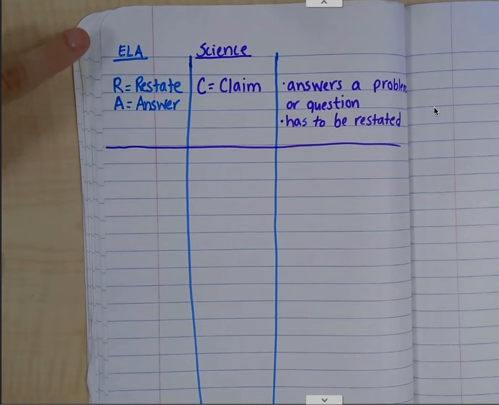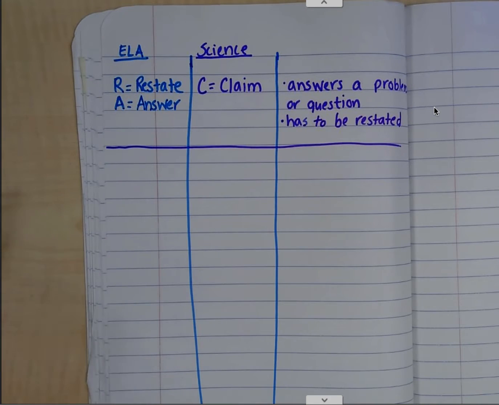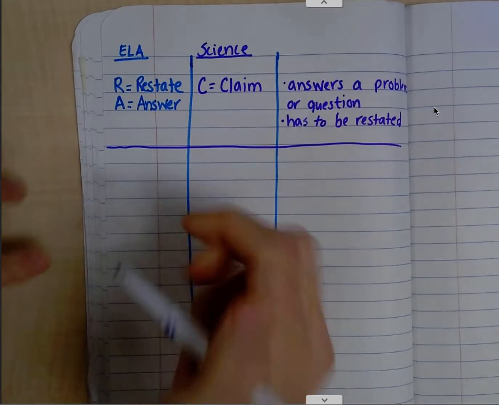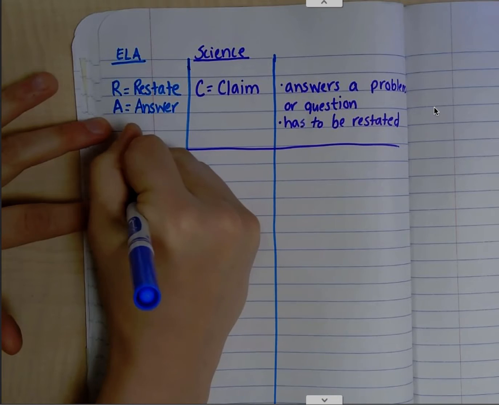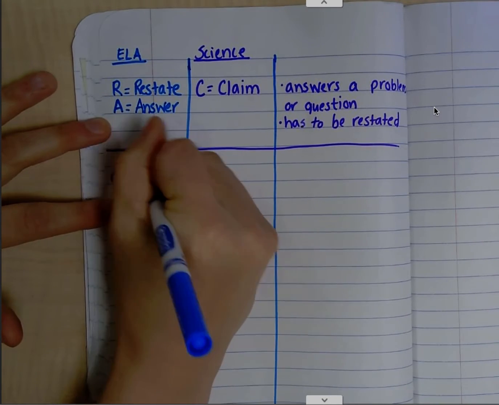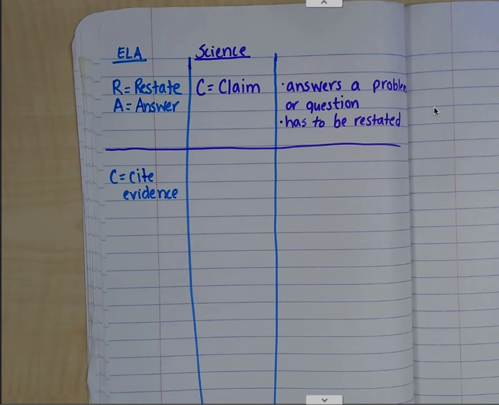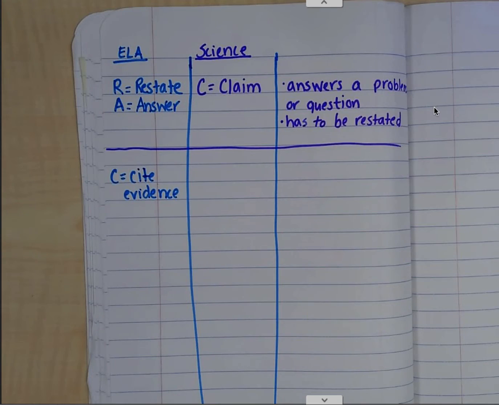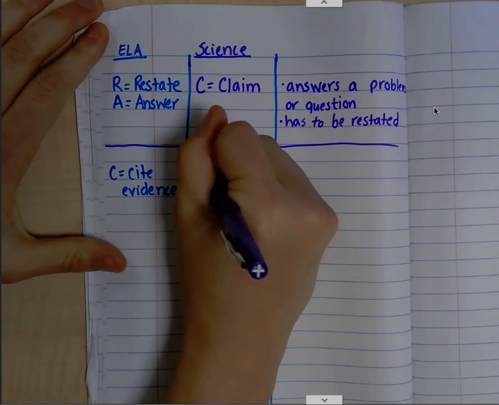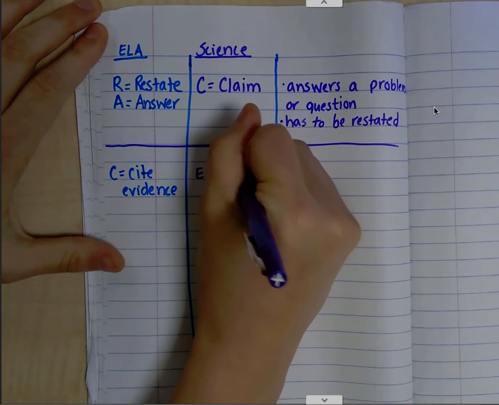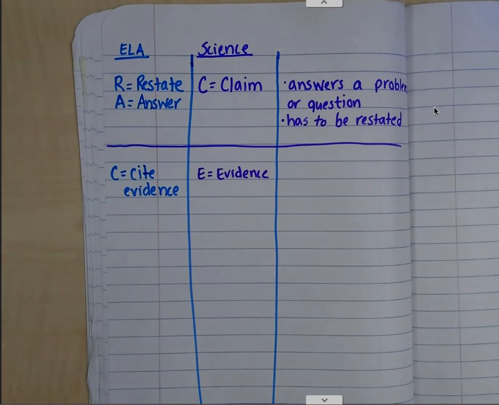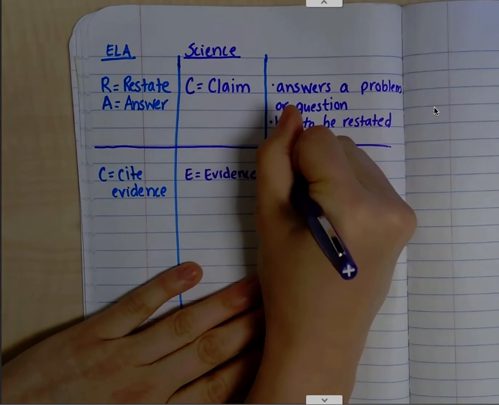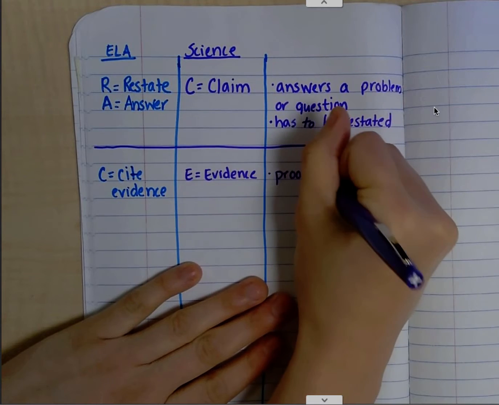So the next part after, when we're talking about ELA, is the C in race. And that stands for cite evidence. And so when I'm talking about in ELA, we just don't even say cite evidence, we just assume that it is. So we just call it in science, the E stands for evidence. And it's basically, why should anybody believe what you have to say? Why should anybody take you seriously? Well, it's proof to